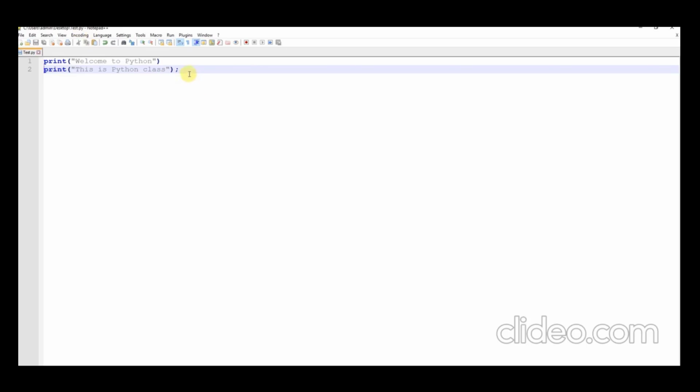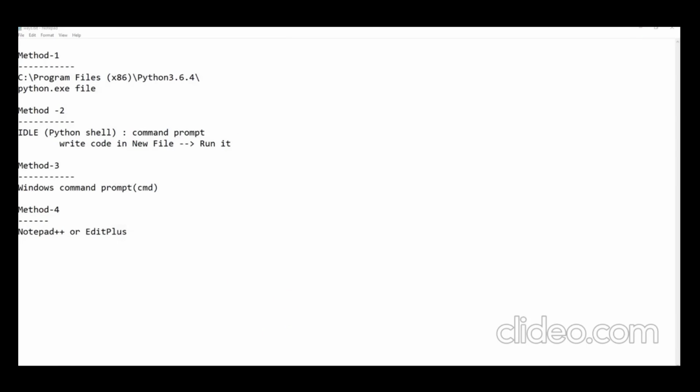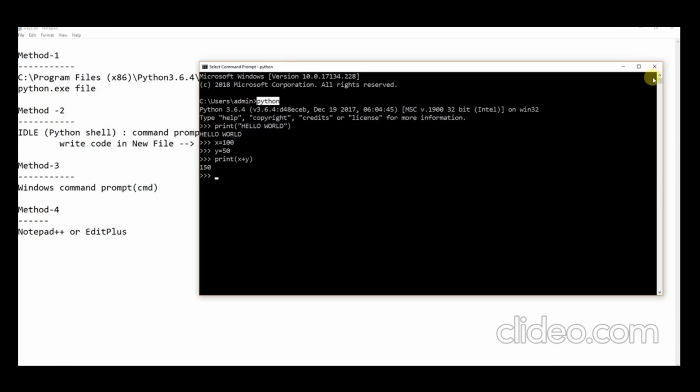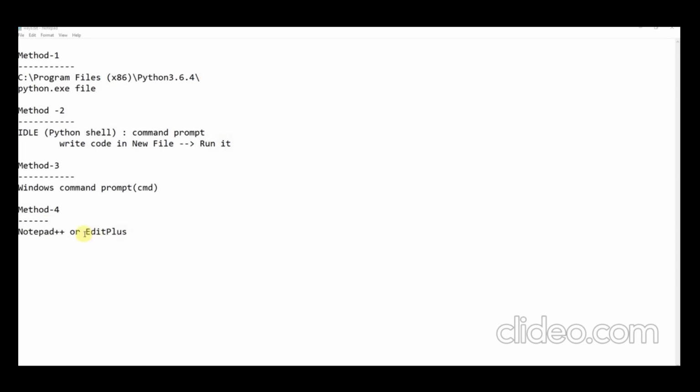We already opened the command prompt, so we can close this. Now I'm going to show you how we can execute this file. We have created the test.py file, which contains the Python code, and we have saved it somewhere. Now how do we execute the test.py file? Go to the command prompt, type cmd, and here I will show you how to execute this file.